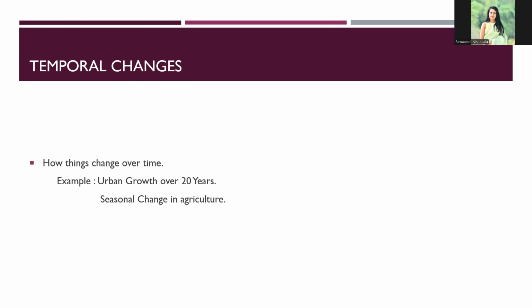Geography looks at how landscapes and the climate and the human settlements evolve. In the example, urban growth, Columbus city limits expand over 20 years, leading to suburbs like Malabar and Athurugiriya becoming urbanized. In the agricultural seasons, likewise, Yala and Maha seasons in Sri Lanka are linked to monsoon cycles.